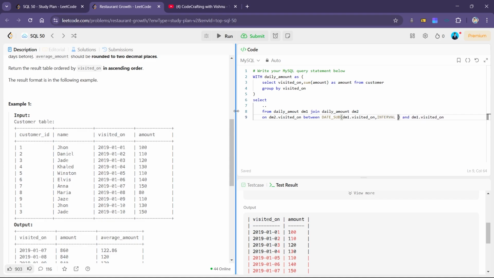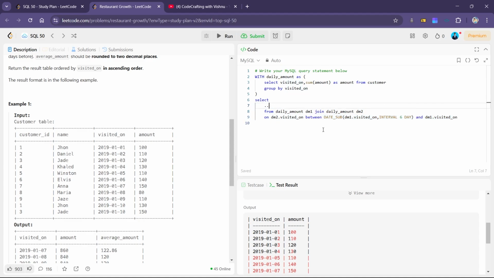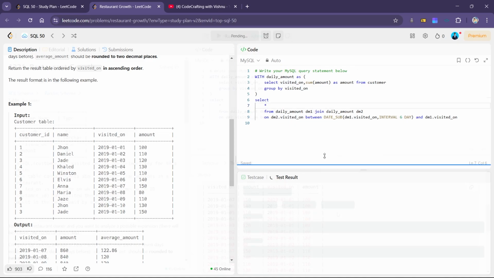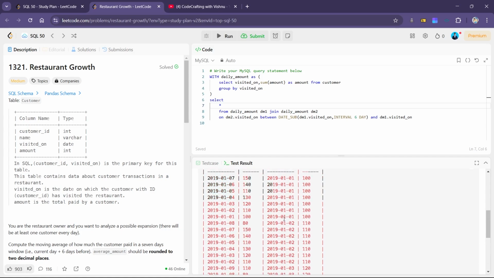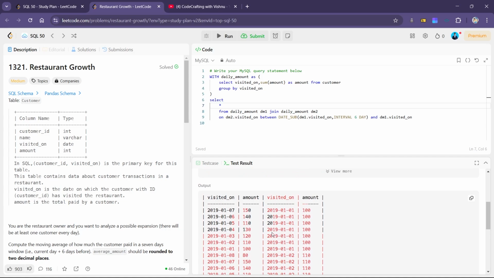that is interval of 6 day. So what we did is we want to join the entry in the first table to the entries in the second table with the condition that the second table's visited on lies in the interval of these 7 days. After joining, okay, let me show you the result of this query first. So we'll select everything. Okay, so this is our result set. And since the entries are too much, they are truncated. And the entries are also not ordered,